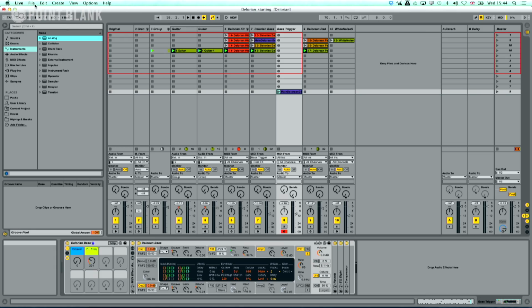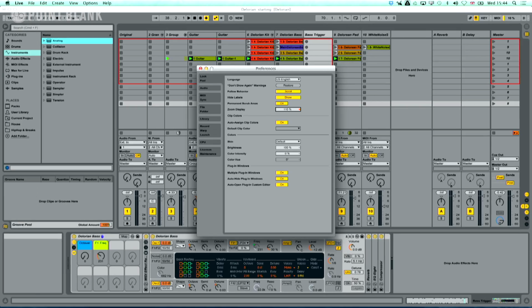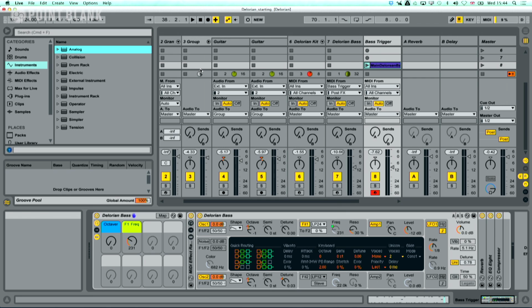Yes, let's do it. Okay, so I've got the original project. To make it easier to see, we should provide some kind of zooming, so I'm just going to go to Preferences and increase the zoom display. There we go. So just in case you think that we're not using some really prehistoric computer,